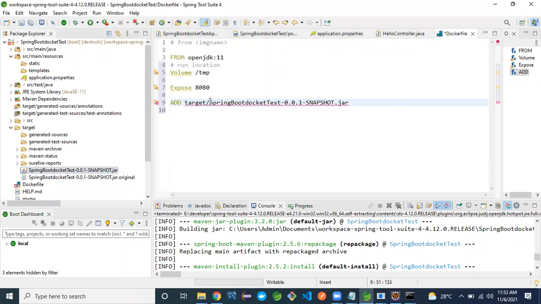See, under the target folder, the jar command name, a space,